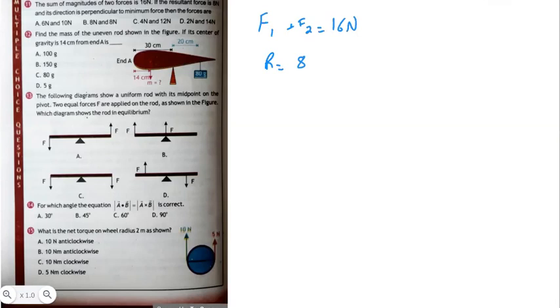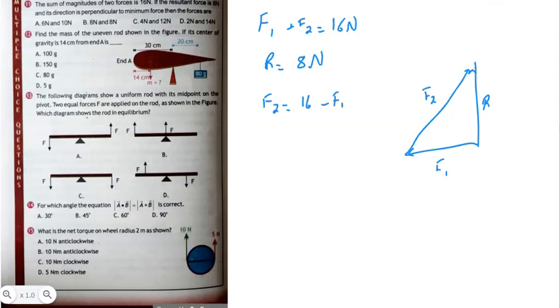So यहाँ से अगर हम इसको draw करें एक vector diagram, तो vector diagram के according हमारे पास ये side एक को हम F1 consider कर लेते हैं और एक को हम F2 consider कर लेते हैं और एक vector जो है वो हमारे पास resultant है. So यहाँ से basically हमें इस resultant की value को calculate करना है. So F2 is equal to 16 minus F1 और यहाँ पे अगर हम लोग